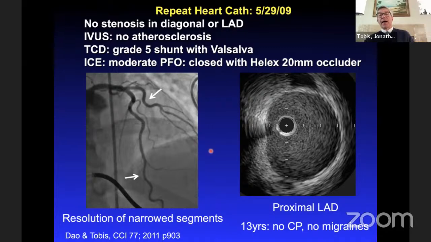Since this time, I've seen both of her sisters who have similar scenarios of chest pain and migraine. We closed the PFO, the migraine and the chest pain have gone away. And I've seen 4 other patients like this as well. So the belief is that just as there may be some chemical that goes across the PFO that triggers a migraine, there may be some chemical that goes across in susceptible people that triggers coronary artery spasm.